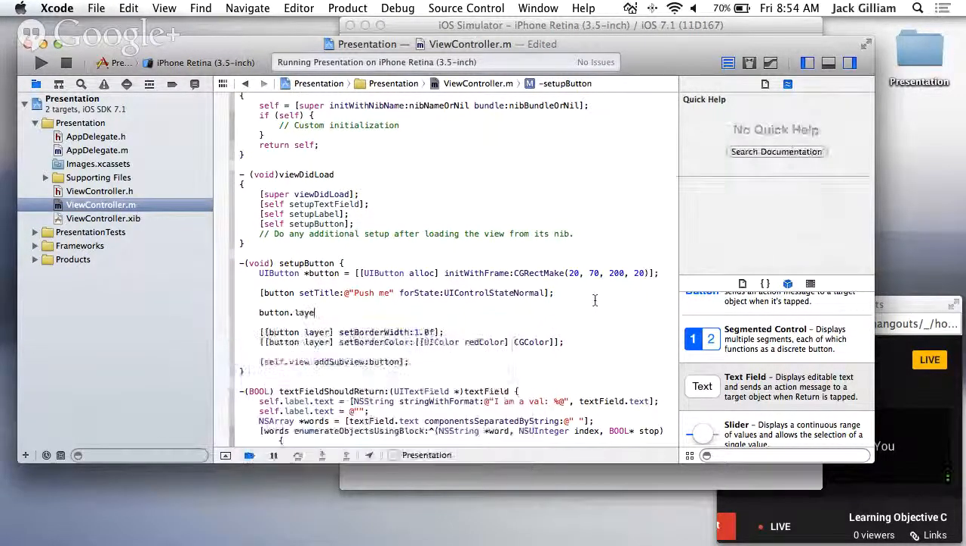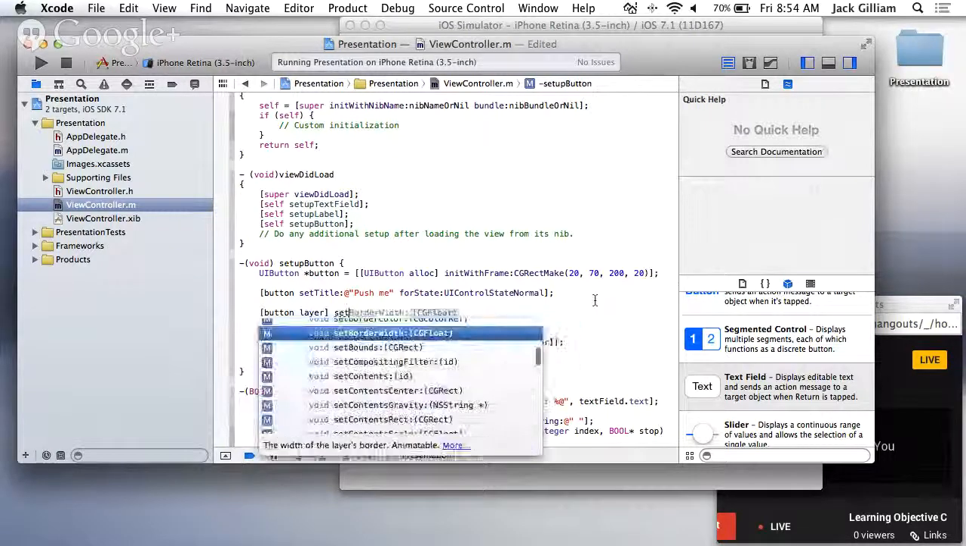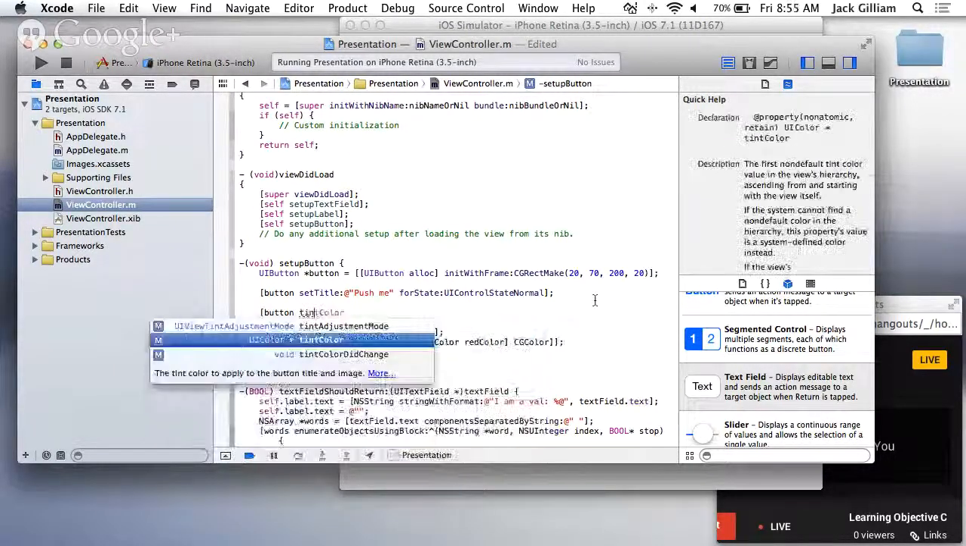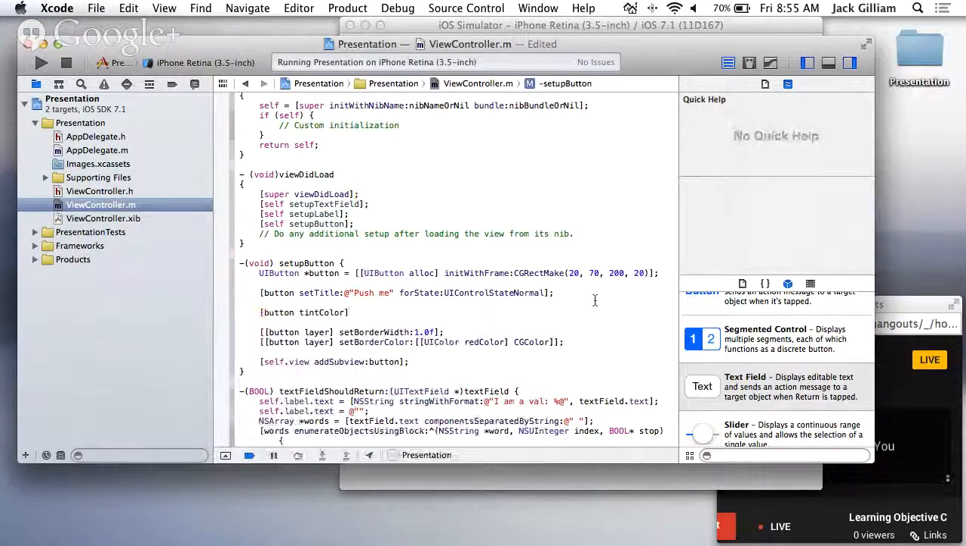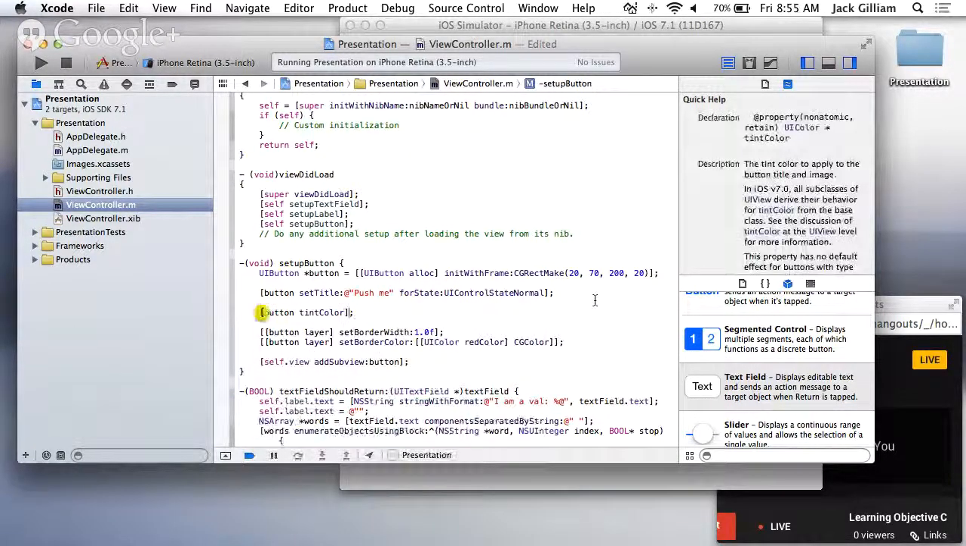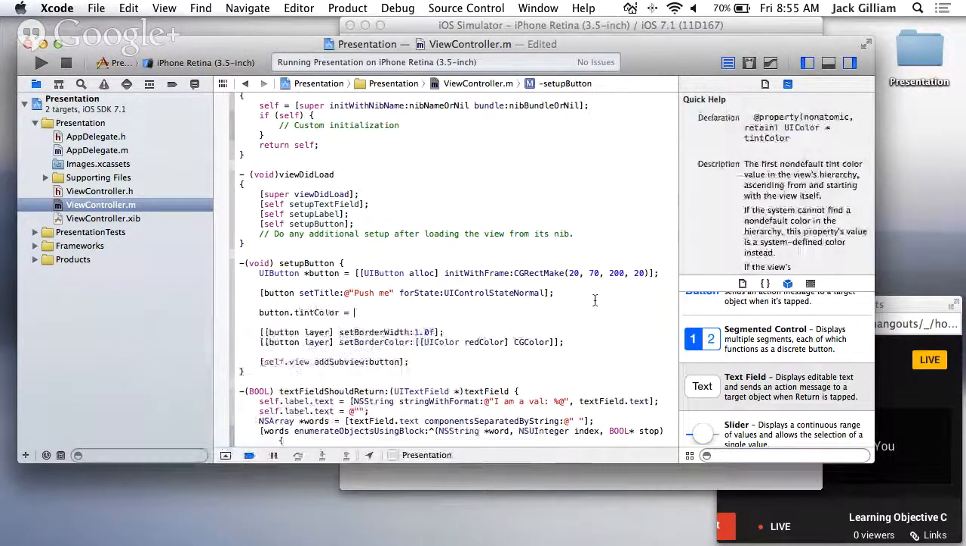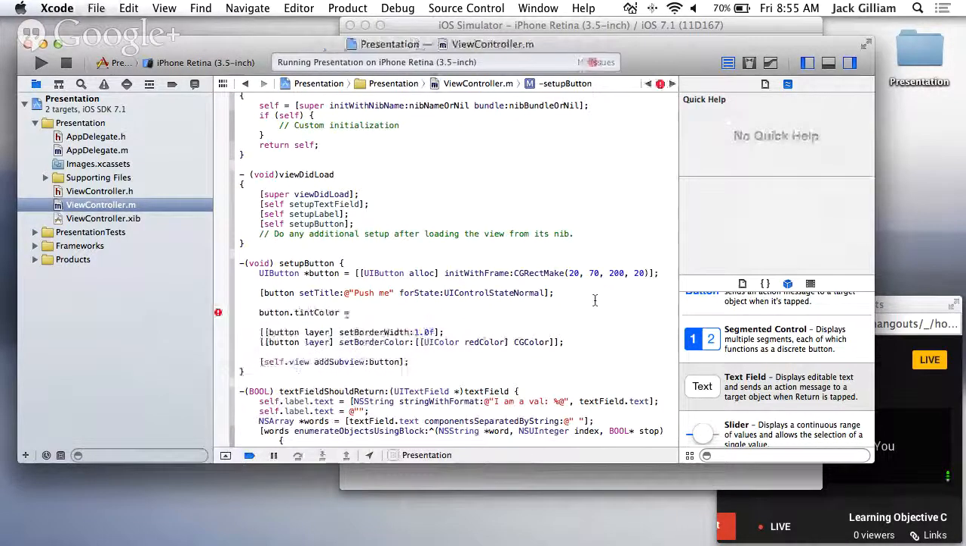Oh yeah. Tint color. Oh, there it is. It's not actually on the layer. Wow. Okay, button. They put it right where the border color is, but no, they don't need that. So let's make